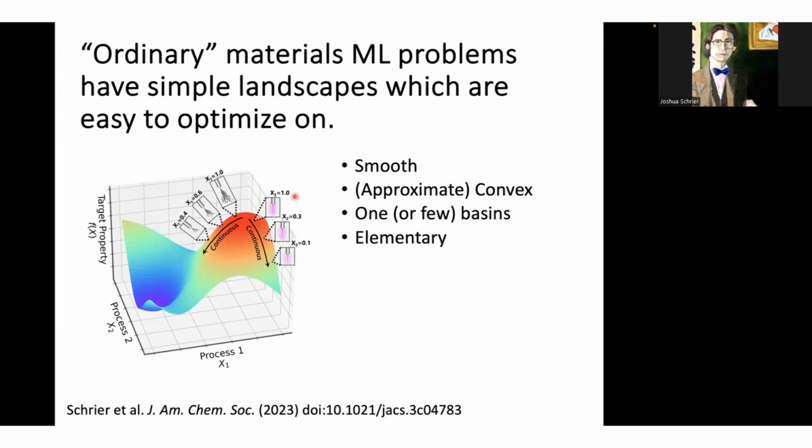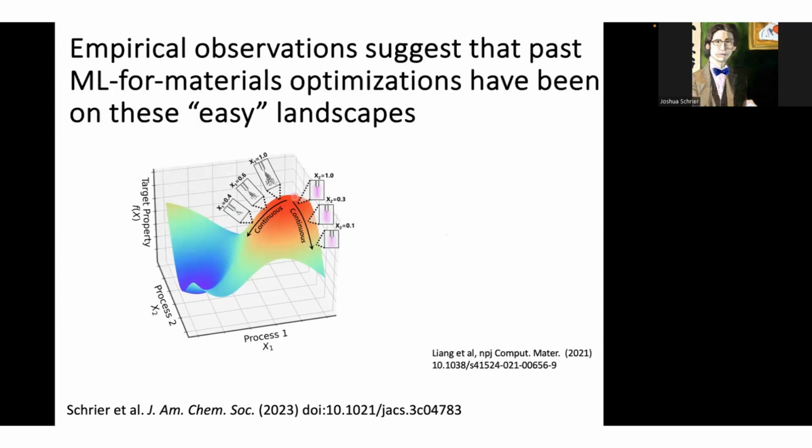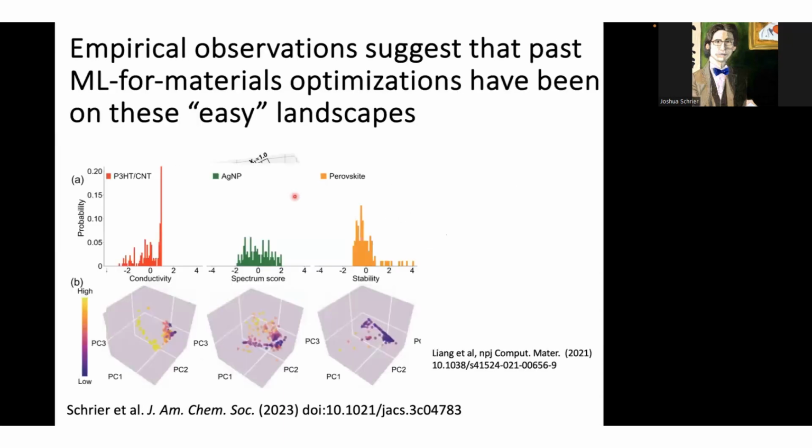And you know, you can extend this to combinatorial problems as well. Another thing you can do is not just rely on our gut sense of this being the case, but also look at other experimental machine learning data sets and try to see